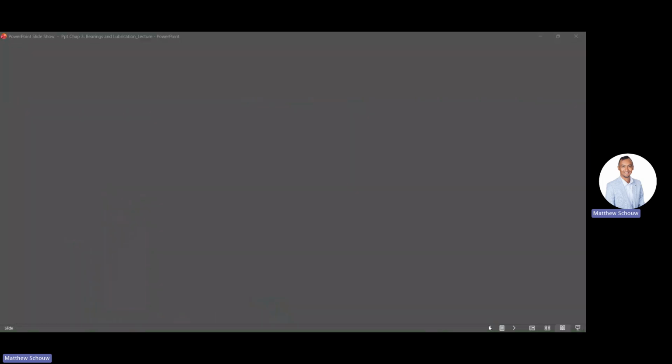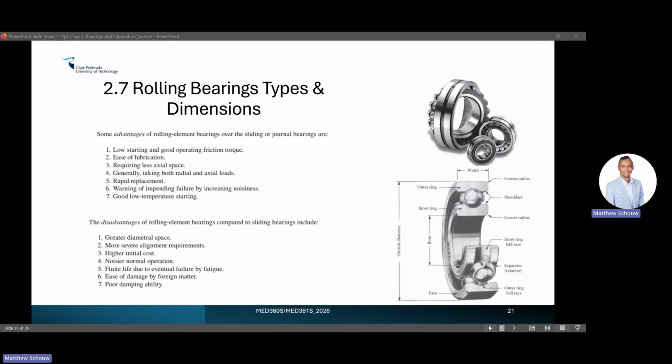Okay, so we've discussed the functions of bearing. We are aware that there were different types, and now we are moving on to the most common type, which is called rolling bearings. Obviously, I've mentioned this before. They're very common. So when you're comparing that to your journal sliding bearings, let's look at some advantages